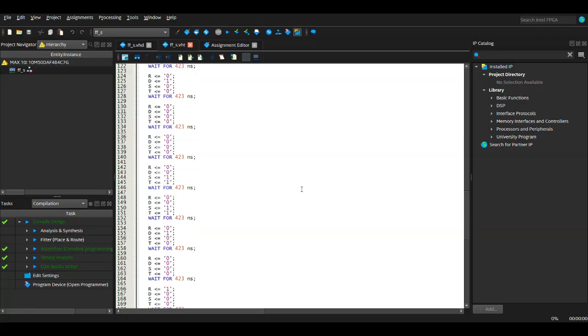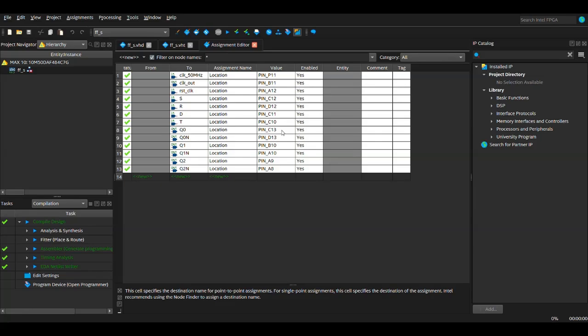So let's go to the assignment editor or pin planner. So here we have the assignments for each variable. For clock 15 MHz, we have the pin P11, that is the internal clock of the FPGA. The LED clock out, which is the slower clock that we are going to use and to show in the LED. Reset clock to stop the clock with the switch